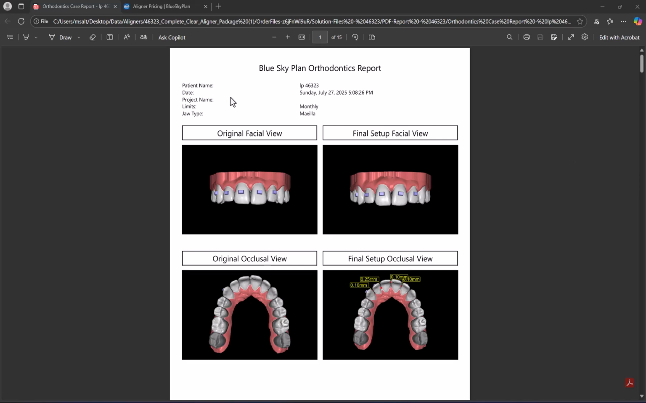So this is an example of a report created by the Blue Sky Plan aligner software. A separate report is created for each arch. On the first page, we could see on the left-hand side, we have the original views from the facial view and the occlusal view. And on the right-hand side, we have the final views, again, from the facial view and